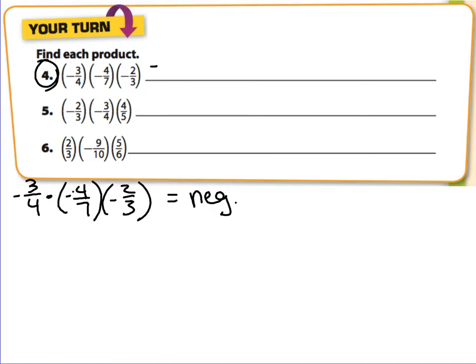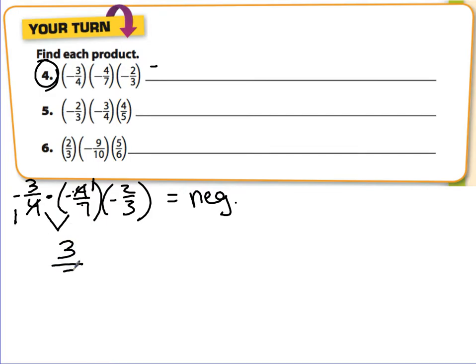So now again, what we can do is start by just doing these two. Well, 4 and 4 are both divisible by 4, so 4 divided by 4 is 1, 4 divided by 4 is 1. 3 and 7 only have 1 as a common factor, so I do 3 times 1 is 3,